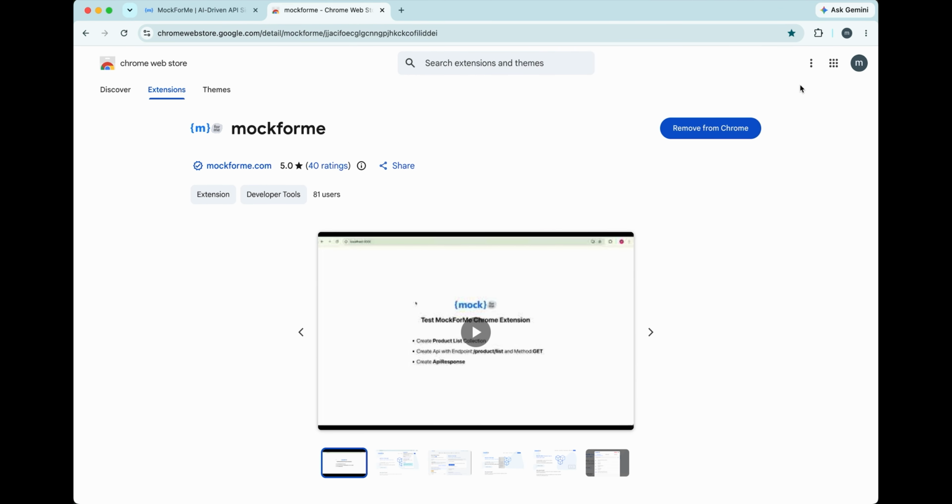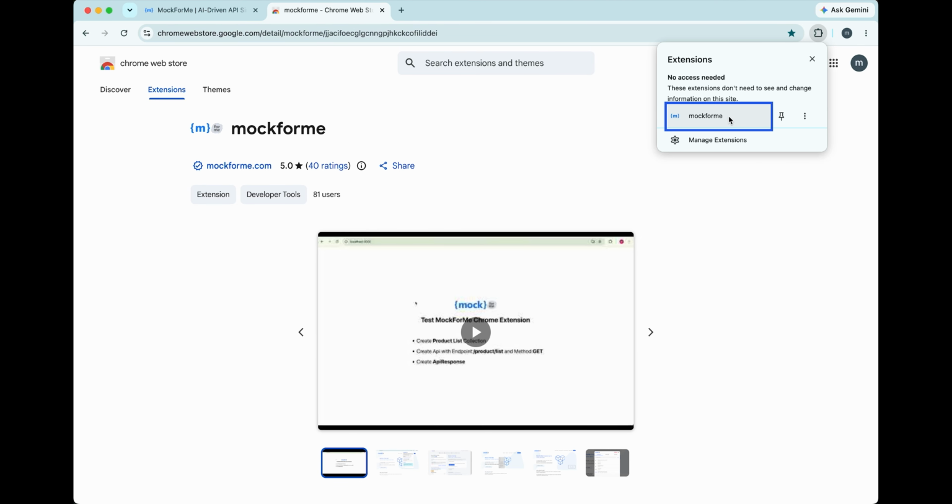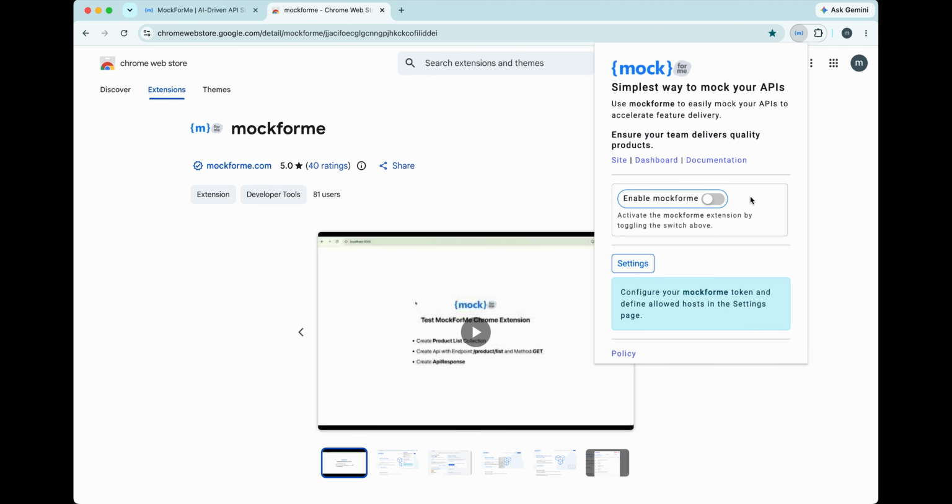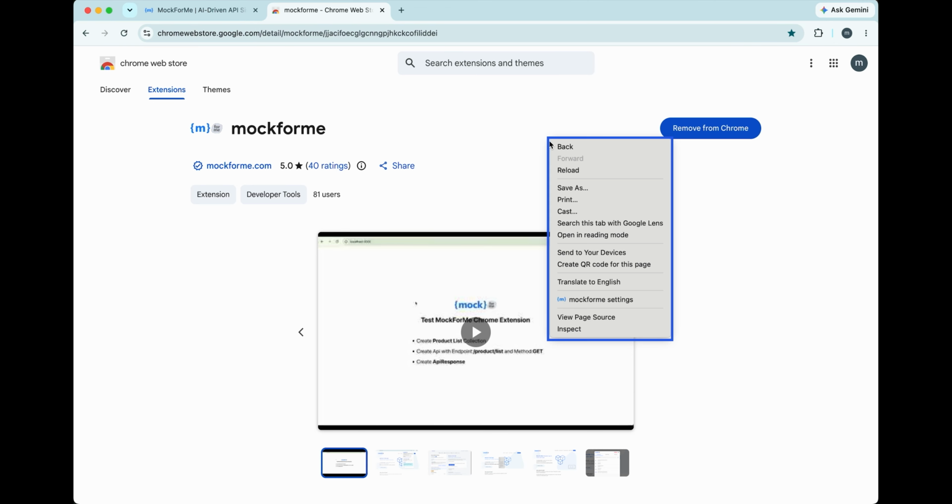Once the extension is installed, you'll see the MockForMe icon in the Chrome extension toolbar. Clicking the icon opens a pop-up where you can enable or disable the extension using the toggle switch. You can also access the configuration page by clicking the settings button. Alternatively, you can open the configuration page by right-clicking anywhere on a web page and selecting MockForMe settings from the